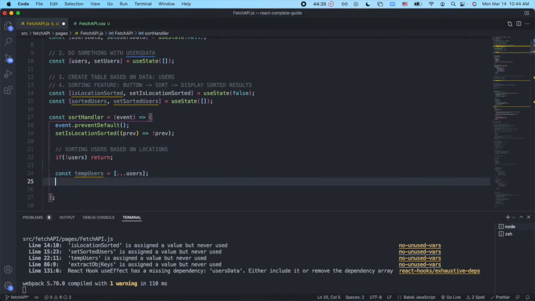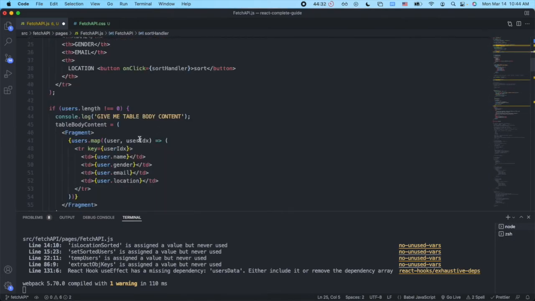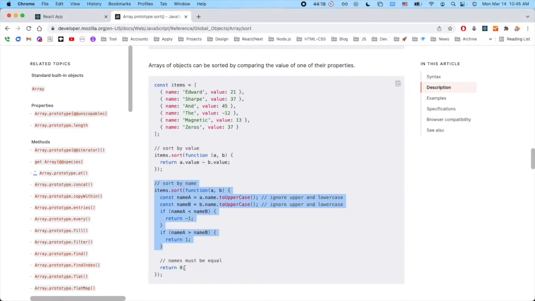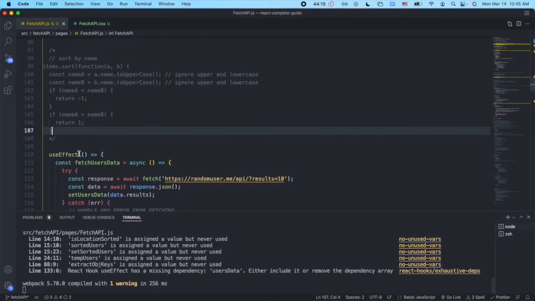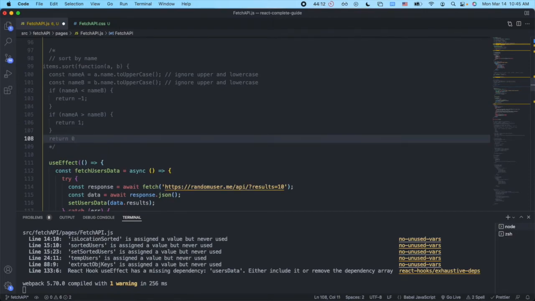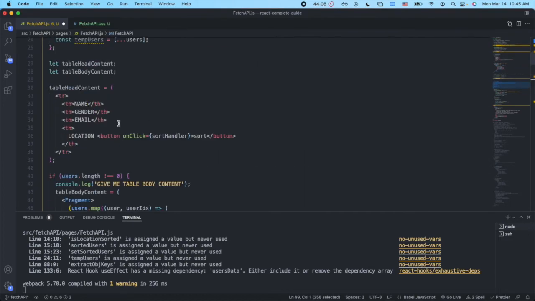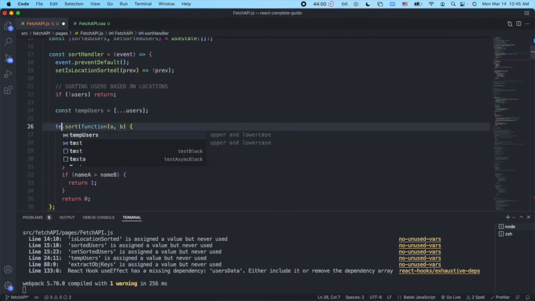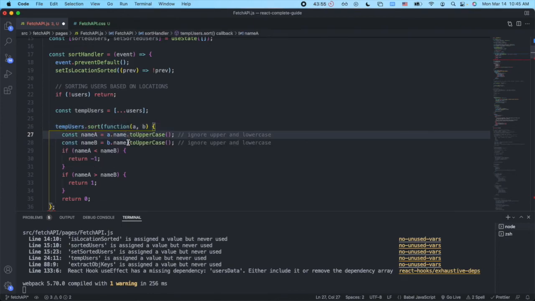Copy these users. After I copy, I need to compare, which is the to compare the location value, right? If it is minus, it's -1. If it's more, this is 1. I think it's. Did I miss something? Yeah. Return 0. Return 0. Right. And I just need to copy this here and put it here. Items, temp users, sort, and this should be